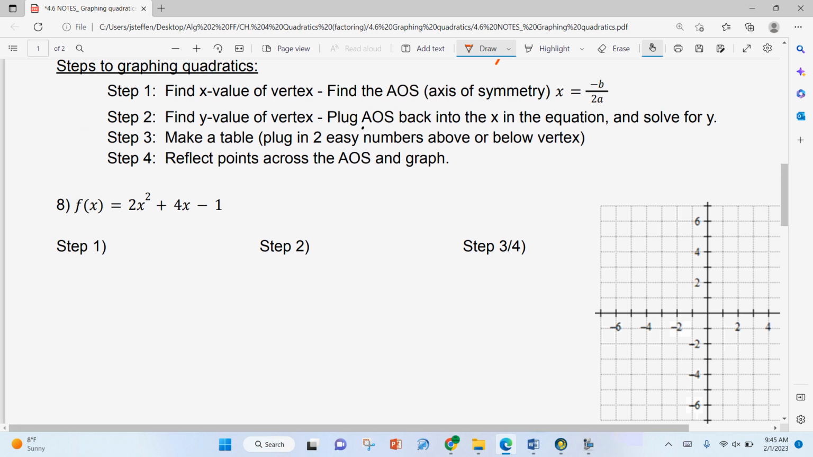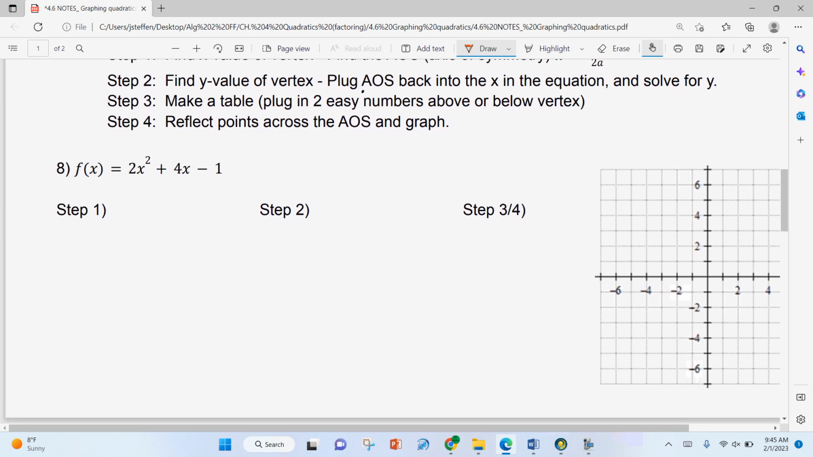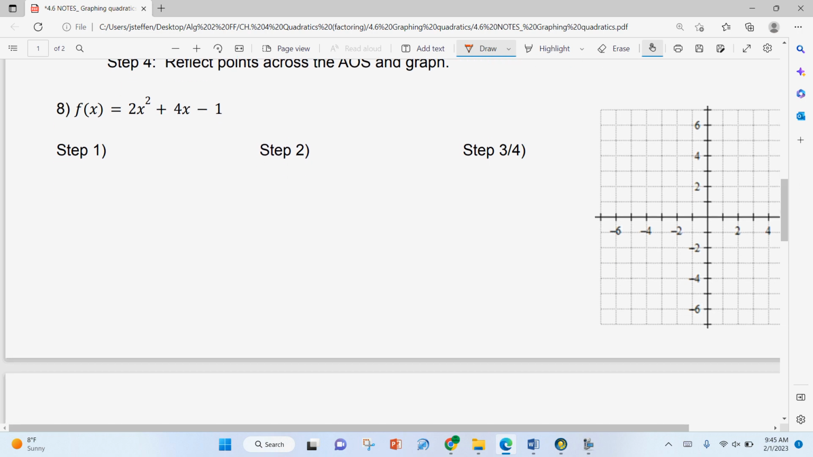Okay. So the only difference is now once you find your vertex, we're going to make a table, and we're going to start with that vertex to plug in a couple extra numbers. So these 4 steps, and again, really, step 3 and 4 are different. I just think they should go in the same spot because you're using the same table. Step 1, find your axis of symmetry. That's the same thing we've been doing. So -4 over 2 times 2